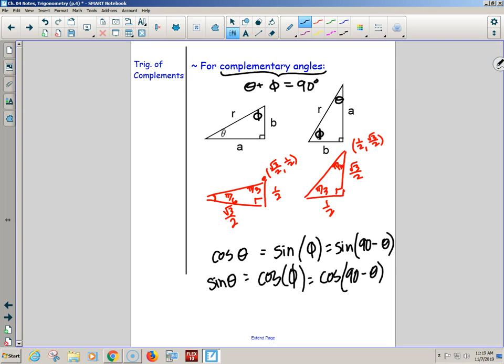And I can technically keep going, except this gets a little awkward now, because tangent of this guy is square root of 3 over 3 for the 30 degree, and that one is square root of 3. So it's actually going to be this reciprocal relationship, so it's not quite as pretty, so we don't really write it, but we could. We could say that tangent of theta is equal to 1 over tangent of phi, which is the same thing as, oh wait, 1 over tangent. Isn't that cotangent? Maybe there is a formula for that.